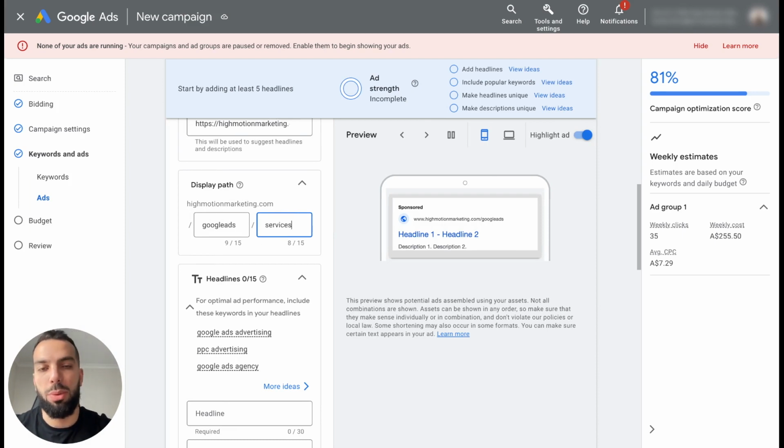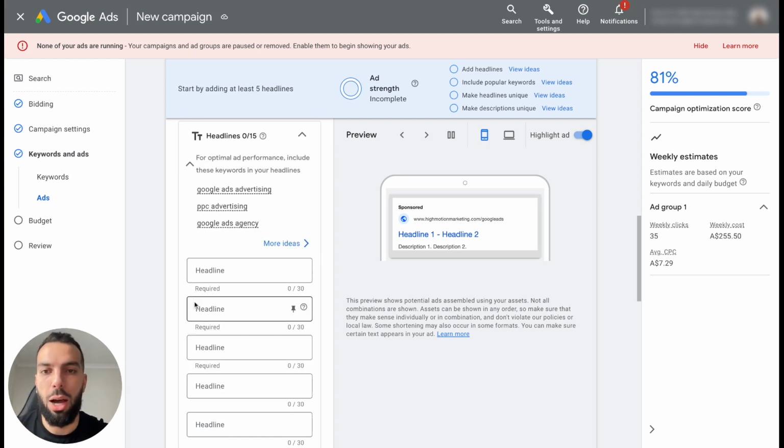It's just purely for display purposes, to be kind of going consistently with your ad group and the theme of what you're trying to advertise. Now, with the headlines, it's going to say you have 15 headlines that you can put into the actual search ad. You don't have to put all 15 in. I usually like to put a minimum of 10. If you have enough to take up the 15, which you can usually do pretty easily,